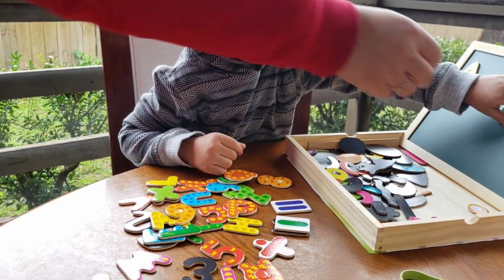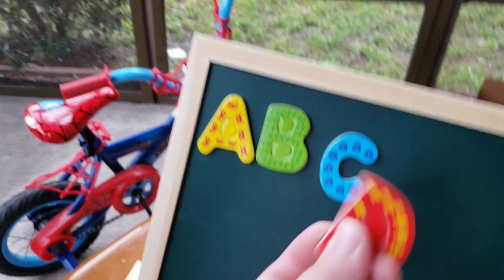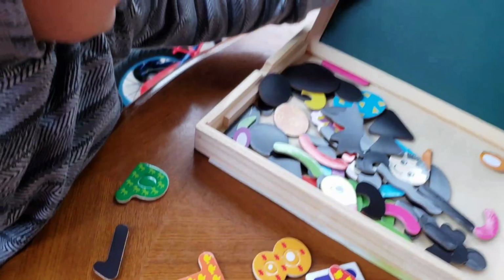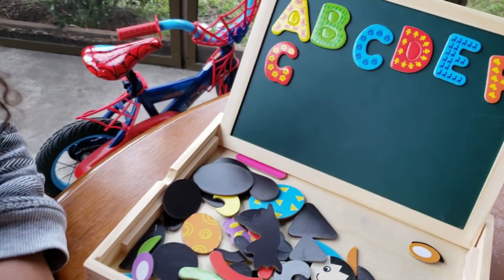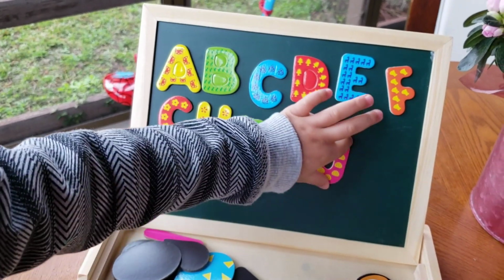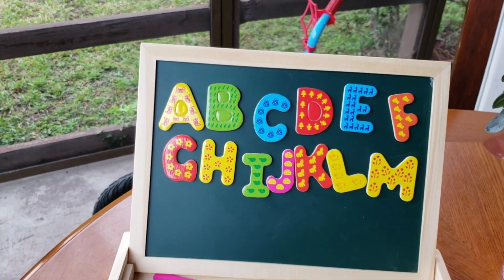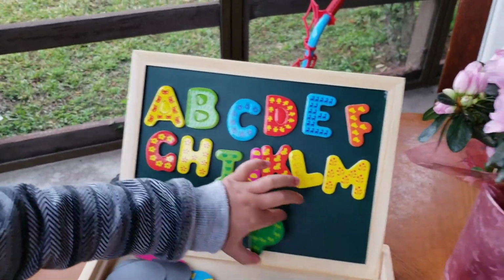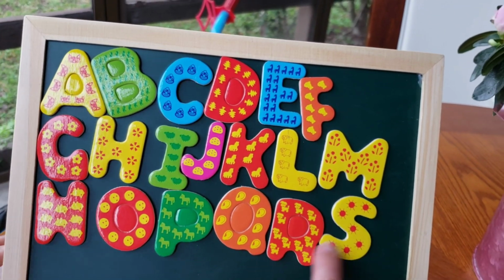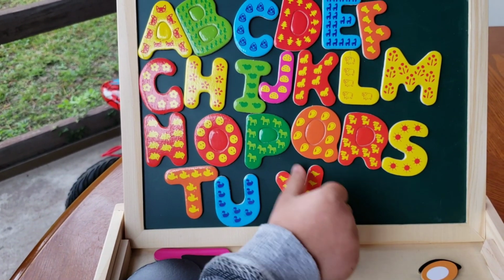I'll put B. Very good. I'll put it right there. Now let's do D. Give me the E. The E. F next to the E. Now let's put the H. What do you do? H. Very good. Now put the J. Very good. T. Okay. So we squeezed all the letters in. Now U, E, W,